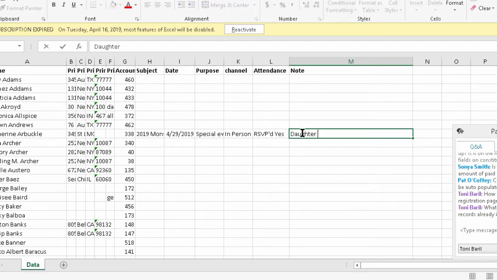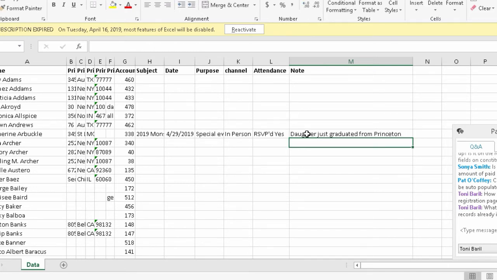daughter just graduated from Princeton. You want that in Bloomerang. It tells you a couple things. It tells you that they're probably going to be loyal to Princeton. It also tells you that they just stopped paying $60,000 a year in tuition, and they may have some extra money available for donations. So, essentially, what you do with this is, as the event comes up, you add in,